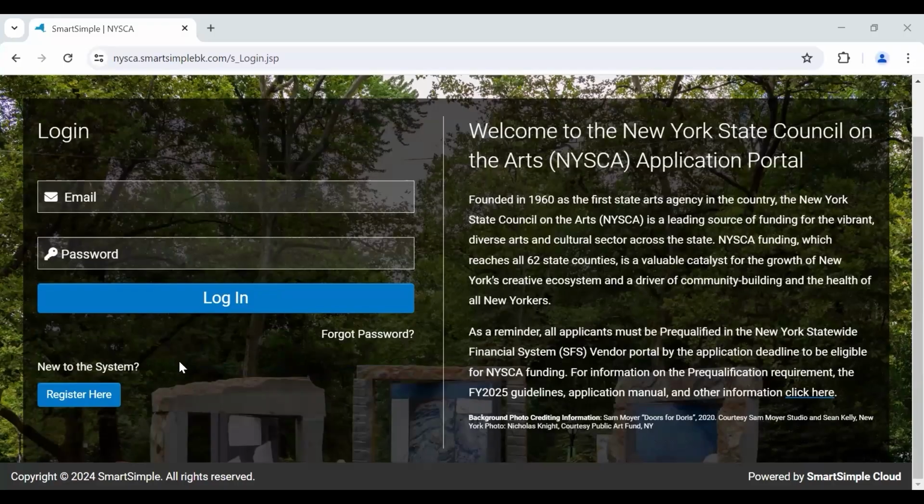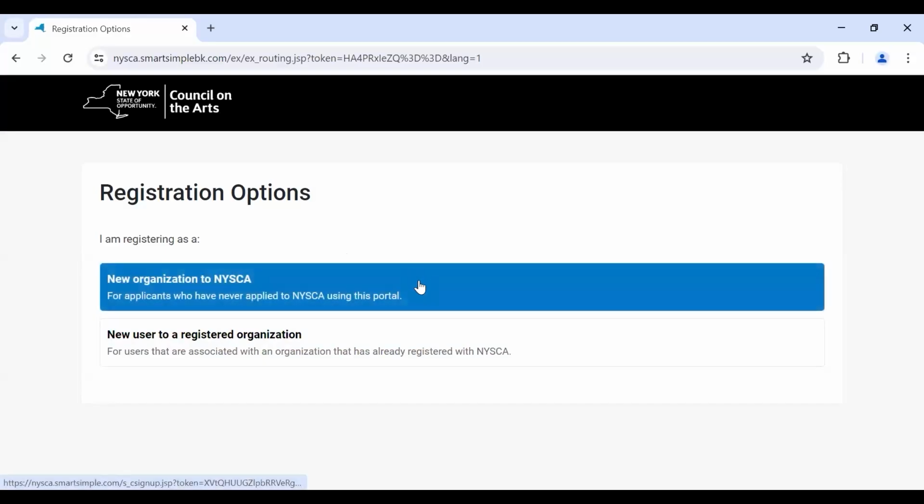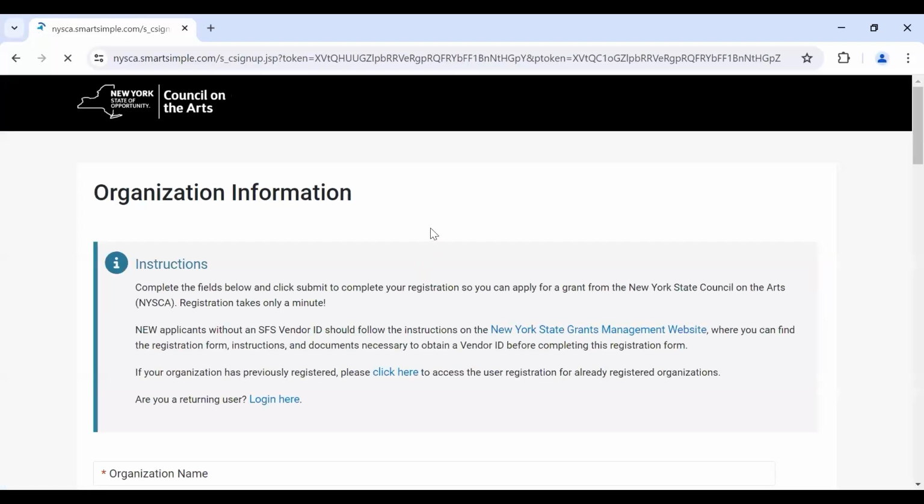Clicking the Register Here button will direct you to this routing page. Once here, select the button that best describes your situation. If your organization has never applied to NYSCA in SmartSimple, you will be asked to provide the following organizational information: